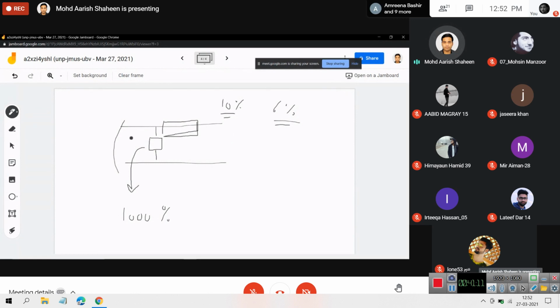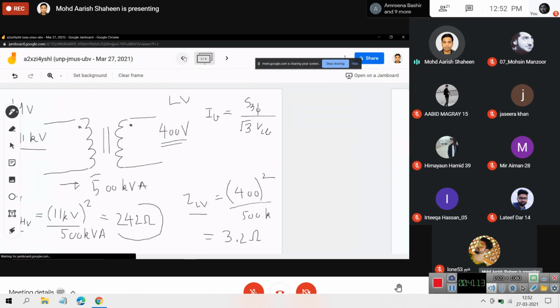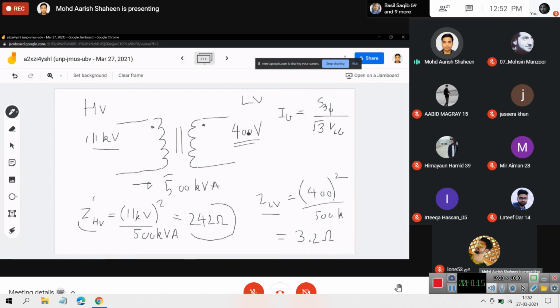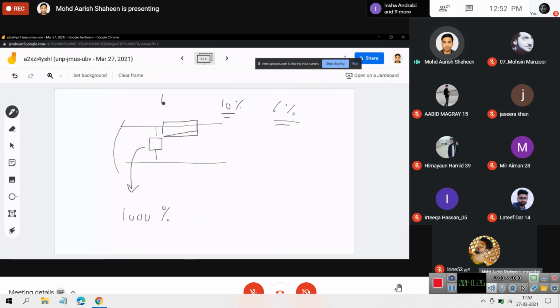The same is true for voltage. For example, the voltage normally here is 11 kV, and normally we would expect the voltage to be 400 volts, but we can't compare these two voltages. It is not that 400 volts here is abnormal. The normal value of voltage here is 400 volts. But instead of working with two voltages, we can simply say that normally one would expect a voltage of 1 per unit throughout. The ideal situation is 1 per unit.